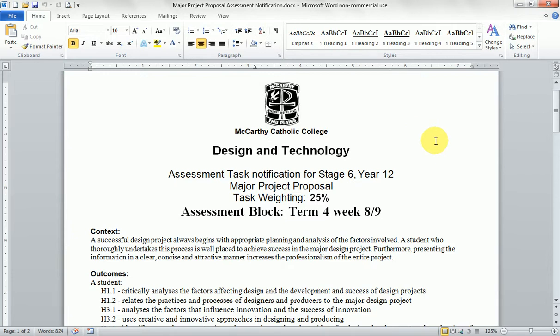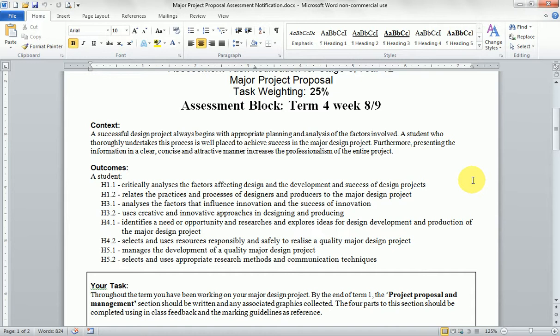Hello and welcome to a video for Taz McCarthy helping you prepare for the first HSC assessment task for Design and Technology. In this assessment task you will compile your major project proposal within the assessment block